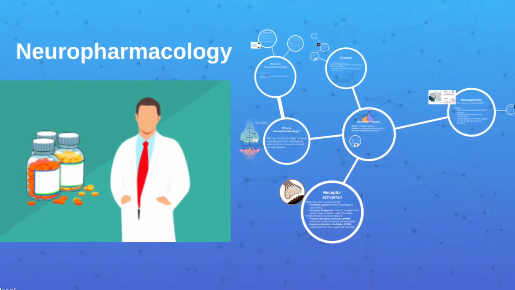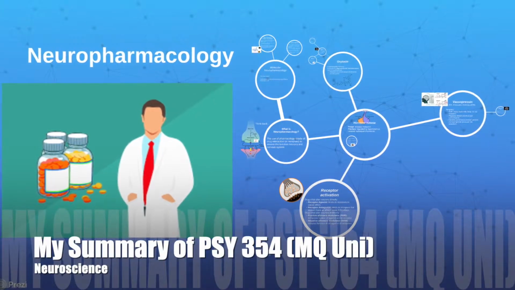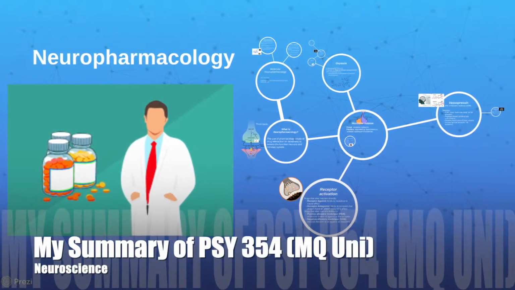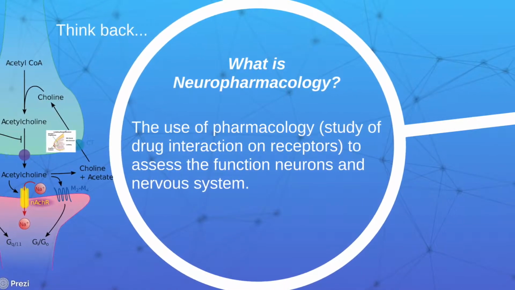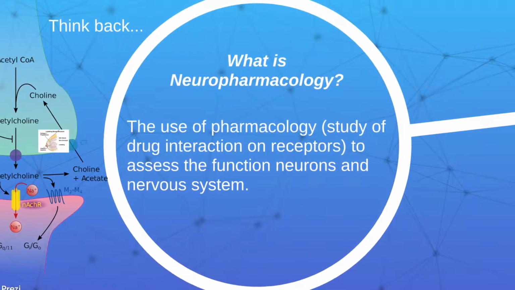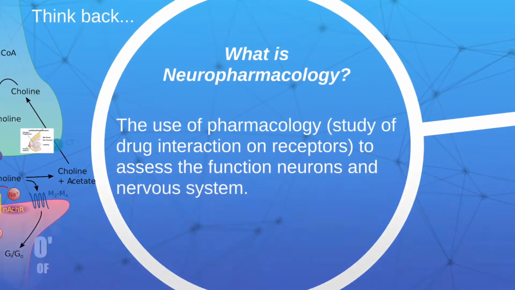Neuropharmacology. This is a video made by me as a summary of the SCI354 course from Macquarie Uni, the neuroscience course. What is neuropharmacology? It is the use of pharmacology, which is the study of drug interaction on receptors, to assess the functional neurons